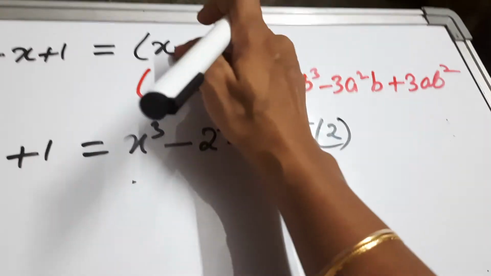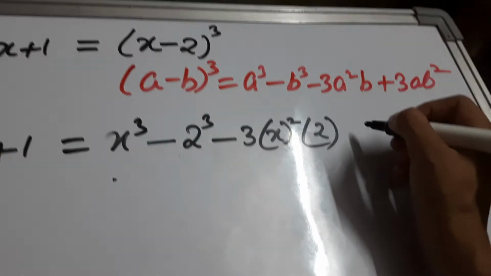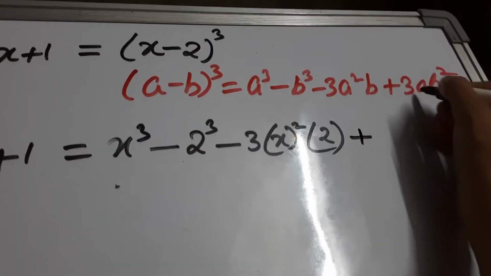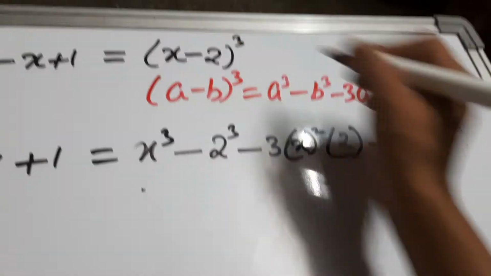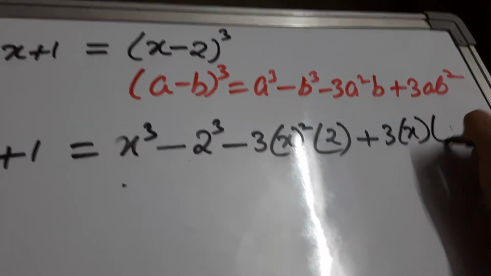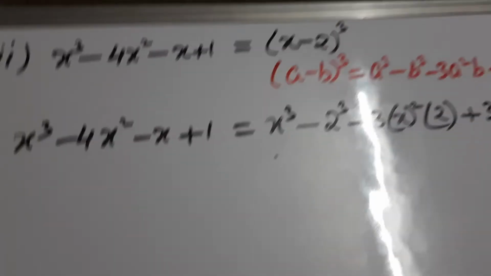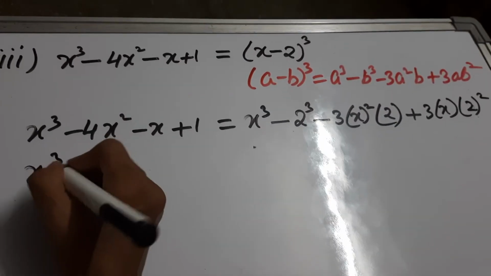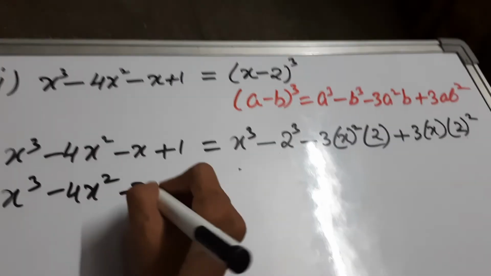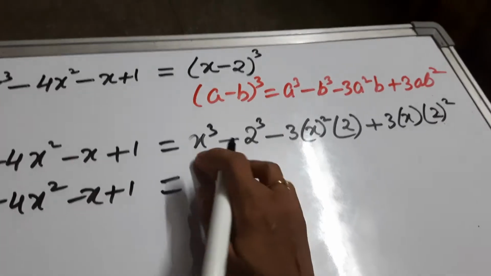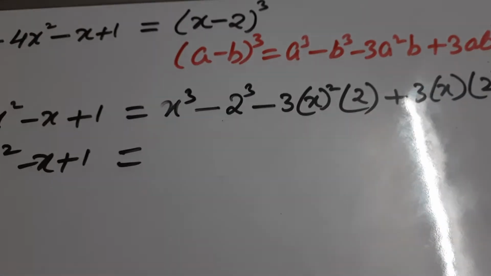हाउ प्लस 2? माइनस माइनस प्लस, तो b की वैल्यू प्लस 2 लेंगे. Plus 3 what is a? Again x into b square means 2 square. So let us solve it. Let us write the left hand side as it is, because no like term is there, no expanded form we have to solve. So let us solve the right hand side first.